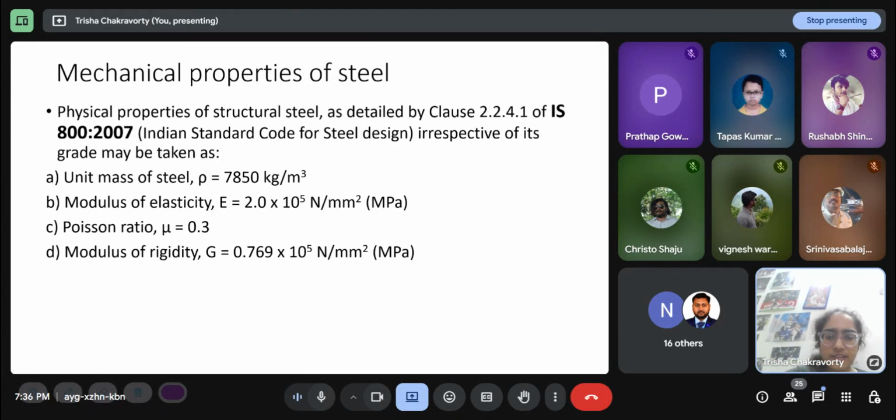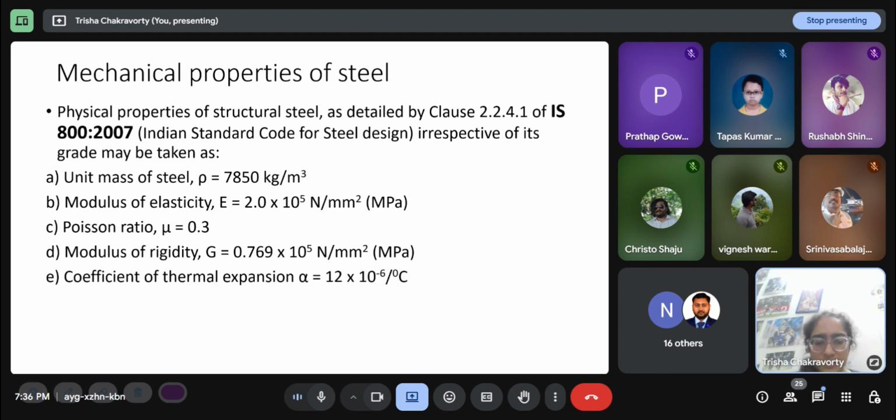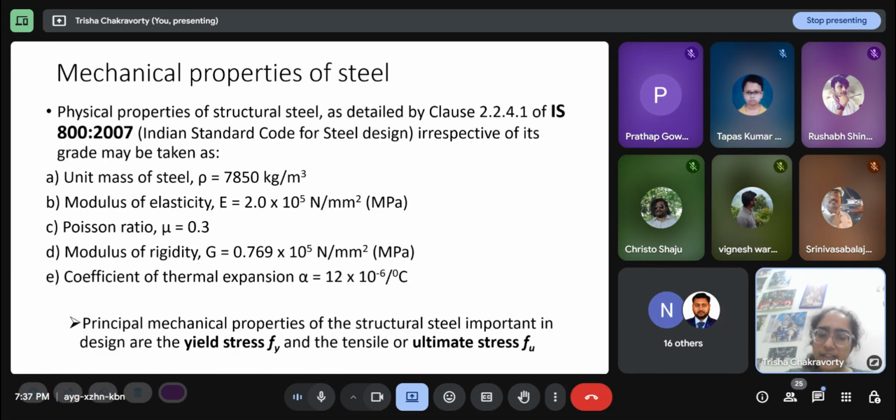Modulus of rigidity, this is the shear modulus G, is 0.769 into 10 to the power 5 megapascal. Coefficient of thermal expansion alpha is 12 into 10 to the power minus 6 per degree centigrade. Now, you are not expected to remember all of these. Mostly if any of these properties are actually required in a question, they will be provided. But once you solve a lot of questions, or once you are an experienced civil engineer, you automatically remember these. The principal mechanical properties of structural steel important in design are yield stress Fy and the tensile